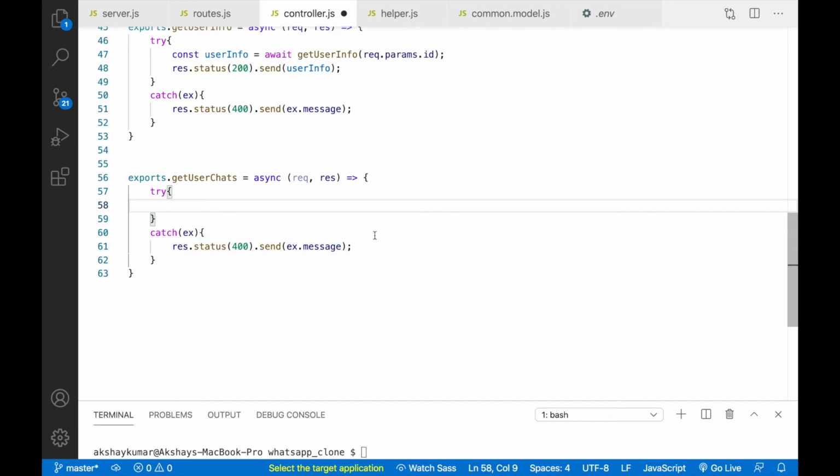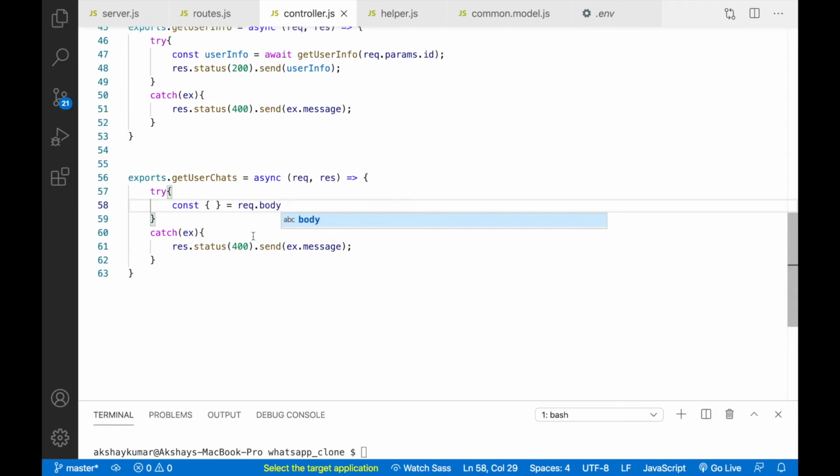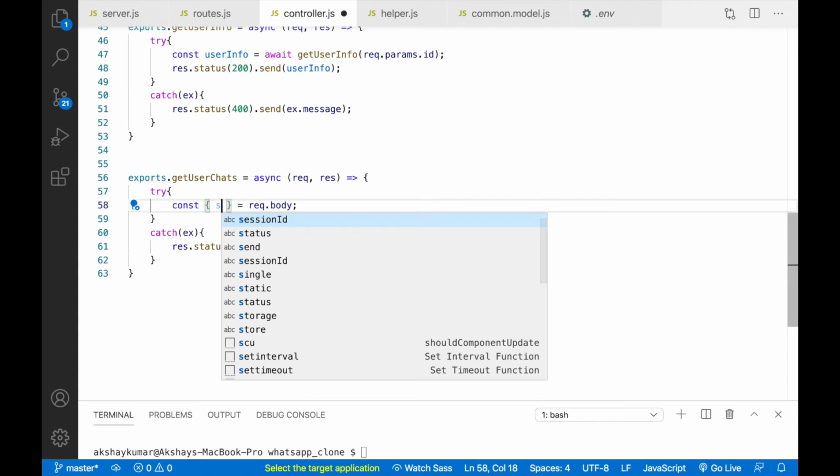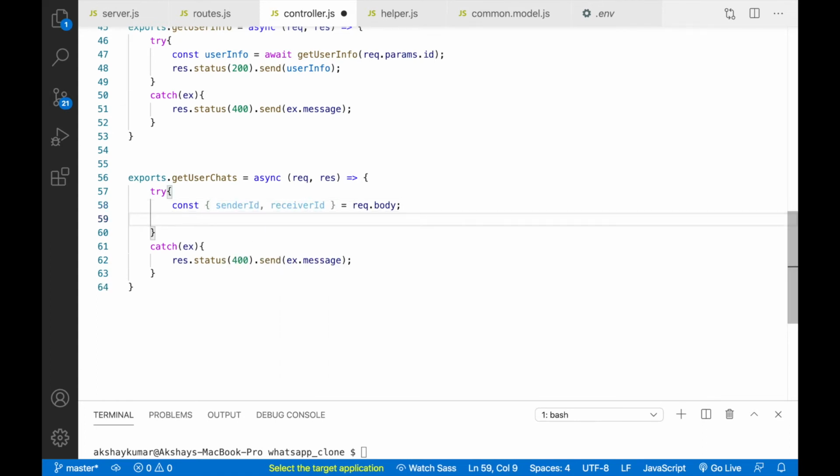And here we will write const equals to request dot body. So from front end this method will get sender id comma then receiver id. Then we'll write const chats equals to await get user chats, then we'll pass sender id and receiver id. So we'll create this method first.